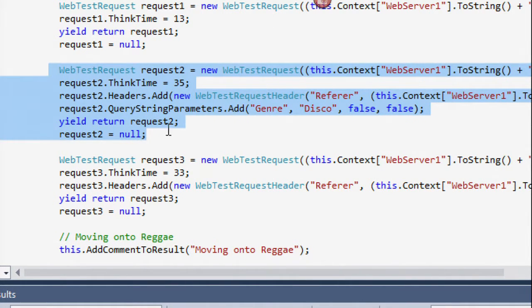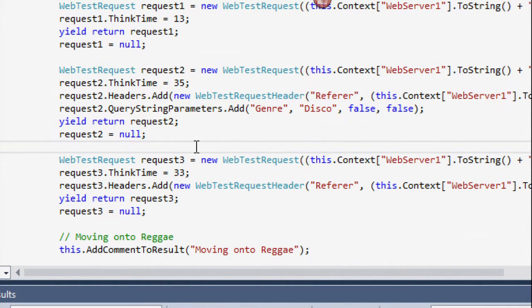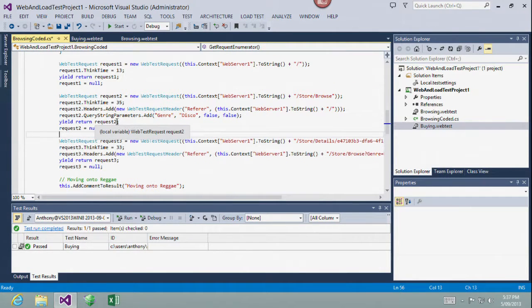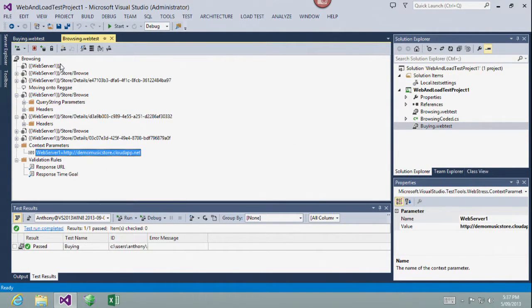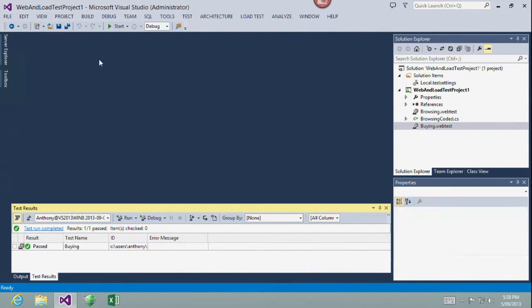So if you have a look there, this is all about generating that load. We don't do anything with the data that comes back. If we set up validation rules or extraction rules, then you'll see a little bit more activity going on there. Can you extend this? Well, of course, it's just code now. So if there is anything interesting or funky you want to do, write the code to do it. For now, I'll simply save it, and that'll represent a kind of third test, even though, of course, it's identical to one that already exists. So I've created some web tests.